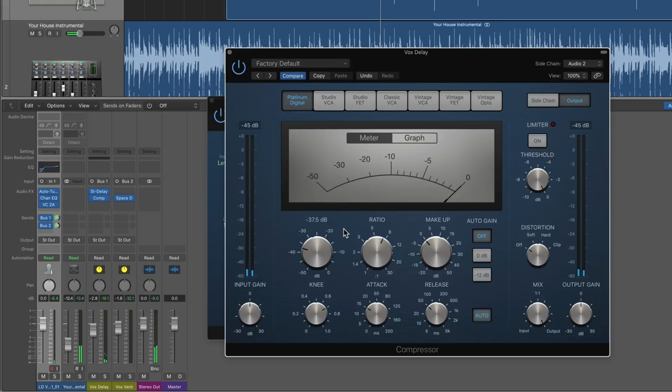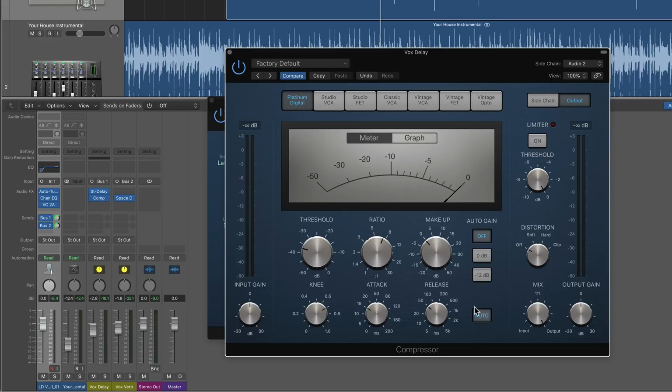So you can hear that the delay channel is being ducked down when the lead vocal is singing, but then it's letting off. It's not ducking anymore in between phrases when the singer isn't singing. It's a little drastic of an effect right now, but one thing you can do is adjust the